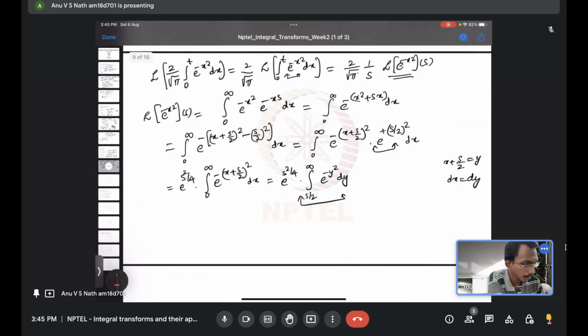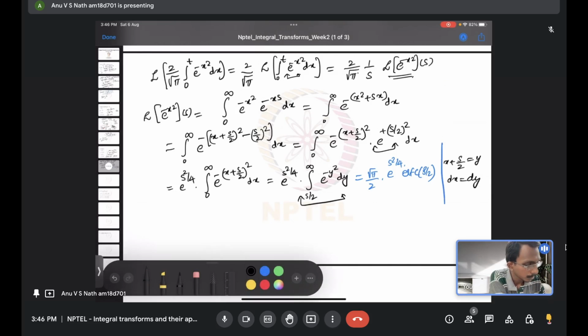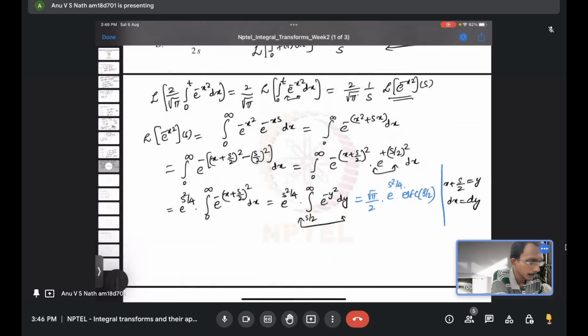So that means this particular expression we can write as square root of pi by 2, because it's not there we have to put a square root of pi by 2 in front, into e raised to s square by 4 into complementary error function of s by 2. So that means we got the Laplace transform of